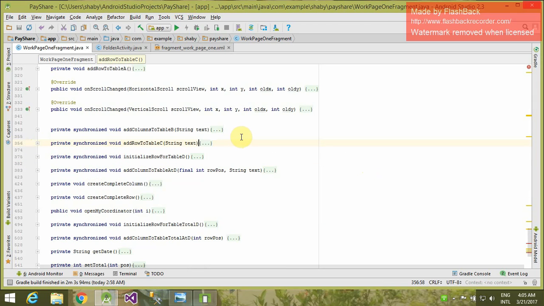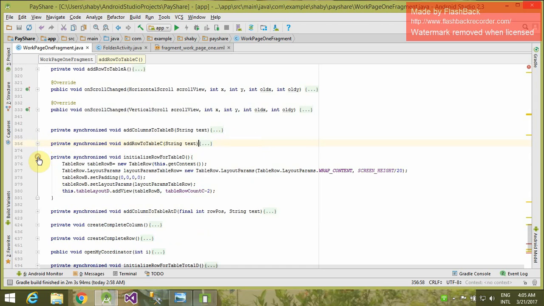Now the major part comes to table D. For adding columns or cells to table D, we have to initialize the row. How will we initialize the table row? This is the way to initialize the table row.